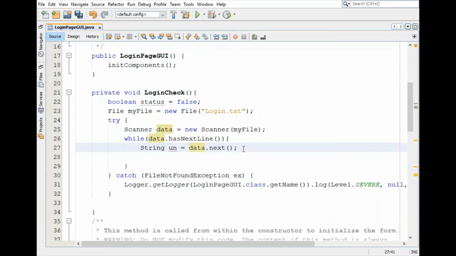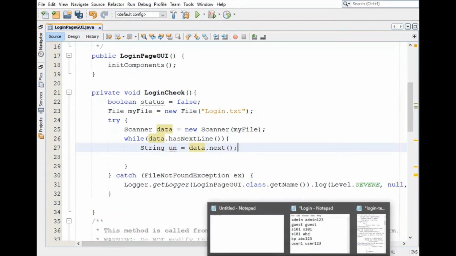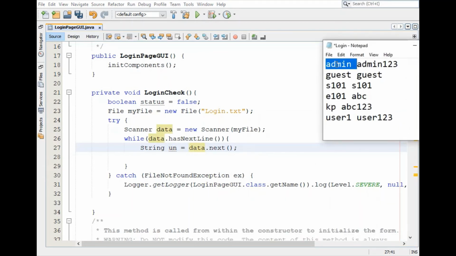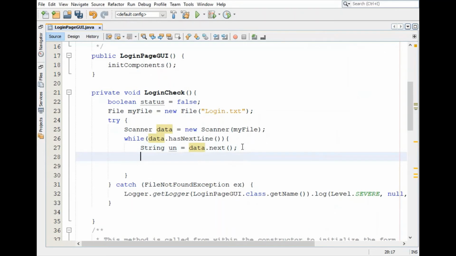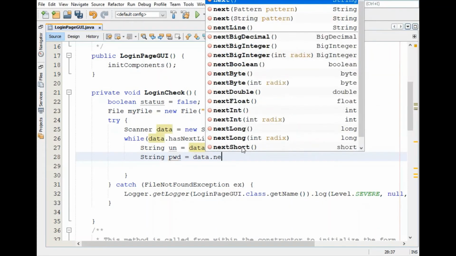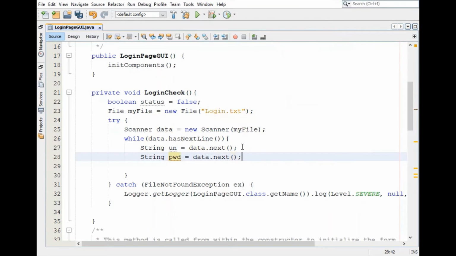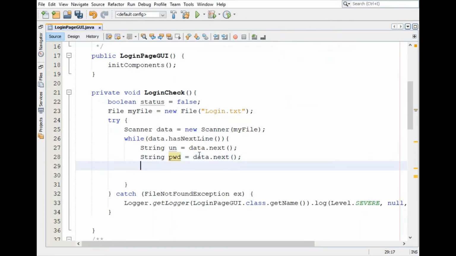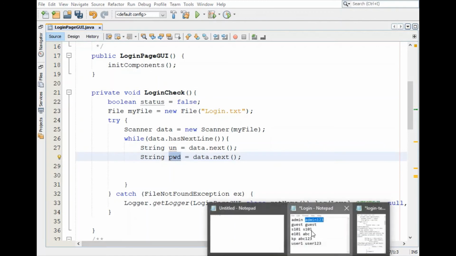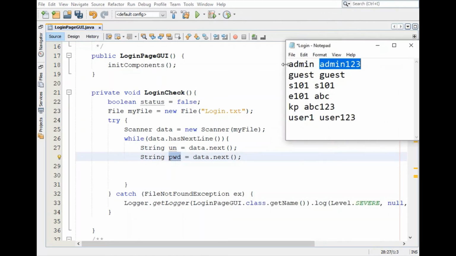So we are trying to fetch this word, and then we also want to fetch the password. So we will write one more String password variable, and fetch the next word by using the next method.